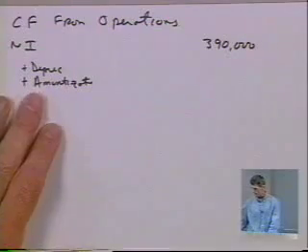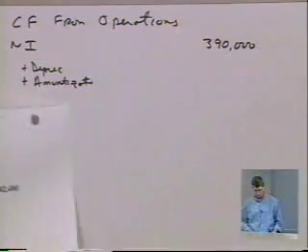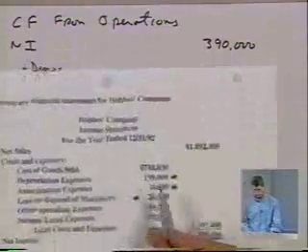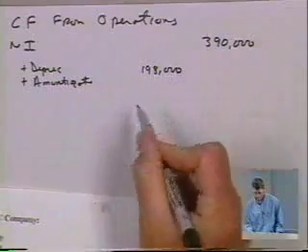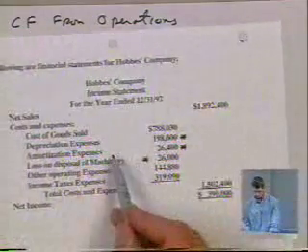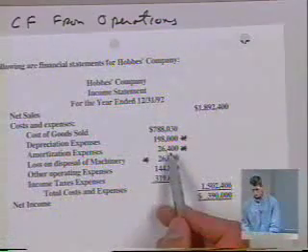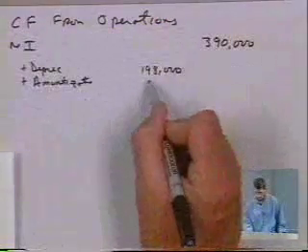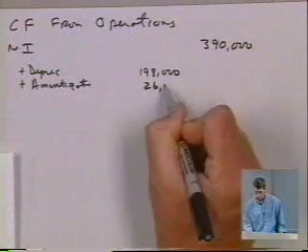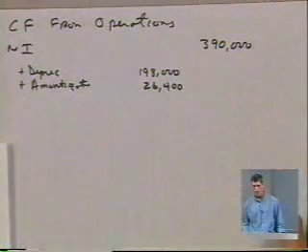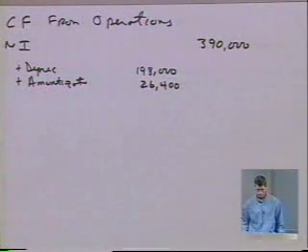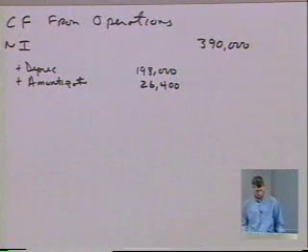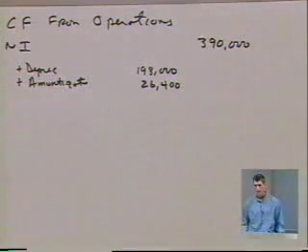So we go to the income statement and pluck these numbers out. The depreciation expense, 198. Amortization from the income statement. Amortization expenses, 26,400. And again, these are added back, hence we are not going to bracket anything just yet. Next, and near as I can tell, there are not any other expenses on the income statement that are non-cash